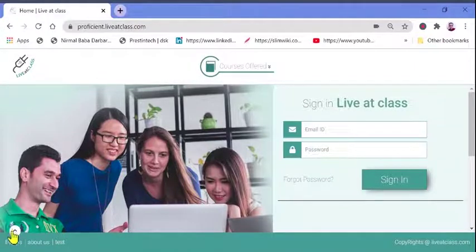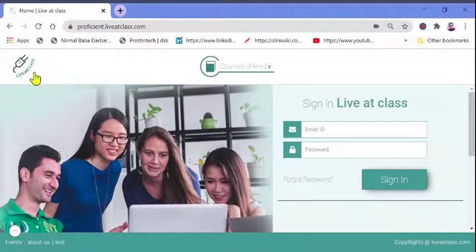But before I proceed, let me inform you about two to three things which are quite significant from the client's perspective. At first, Live at Class is a completely white label solution, which means it can be customized as per the client's needs and requirements. Secondly, we provide API plugins as per the demands of the clients. And finally, we can even map Live at Class with the client's website. In a way, it's a gesture to help our clients boost their brands through these facilitations.